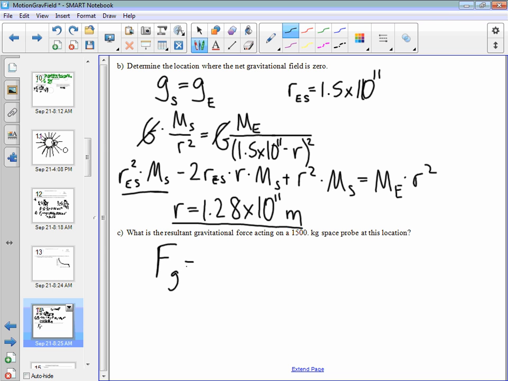And what is the resultant gravitational force acting on this probe at this location? Well, obviously, F sub g equals m times g. g is equal to 0. That's what we were looking for before. Sorry, the force of gravity is also equal